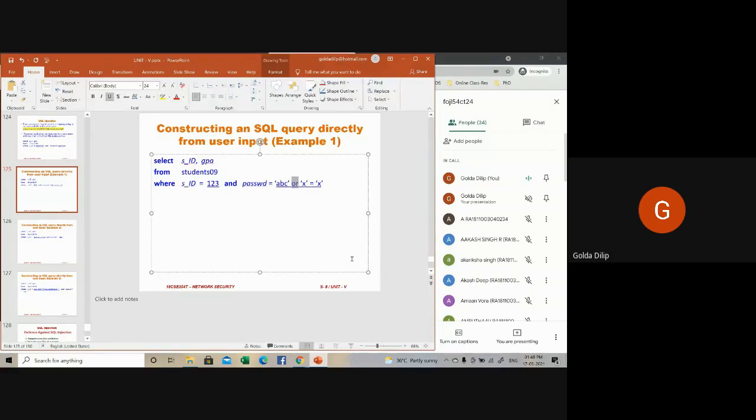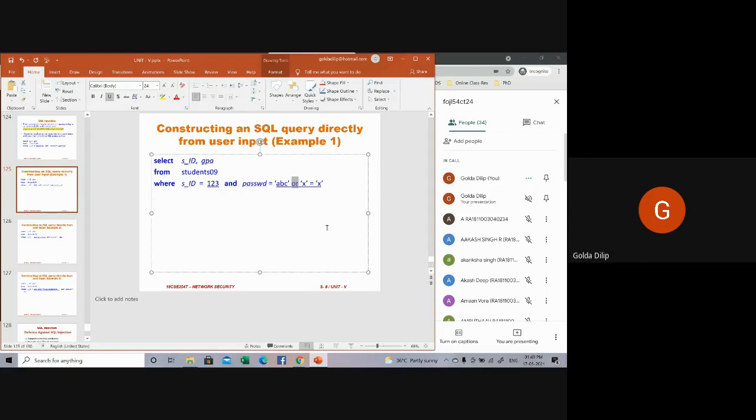What we are seeing is that it's possible for a malicious user, or anybody, to trick the system into revealing more than it should reveal. This has been made possible by the user entering part of an SQL command as an input parameter. You are changing the semantics of the original SQL query. This particular attack is what is called an SQL injection attack.